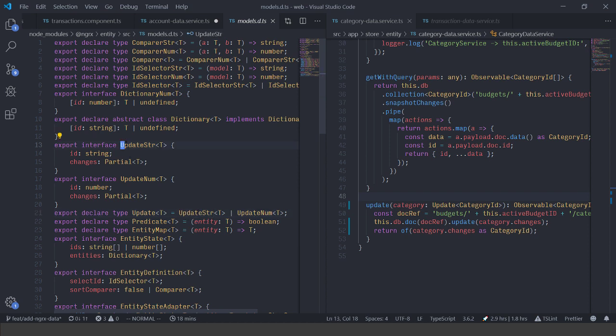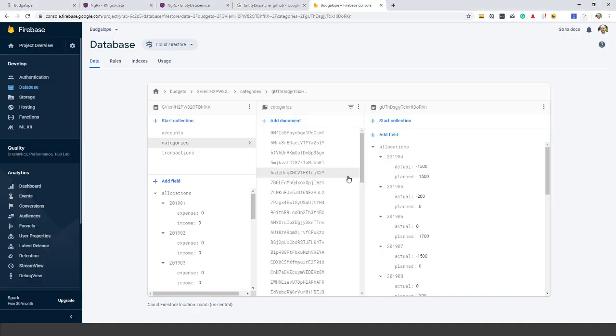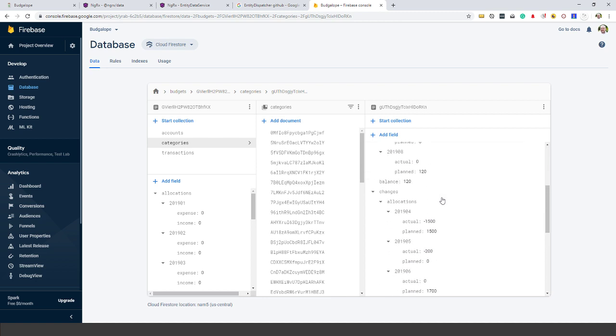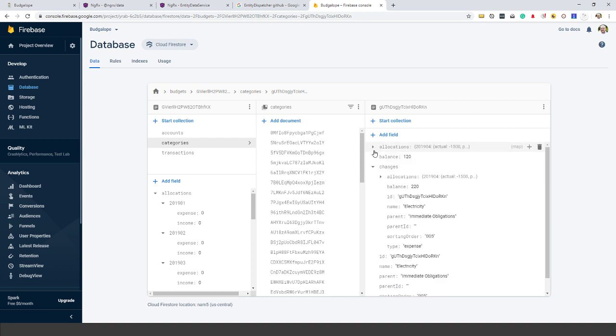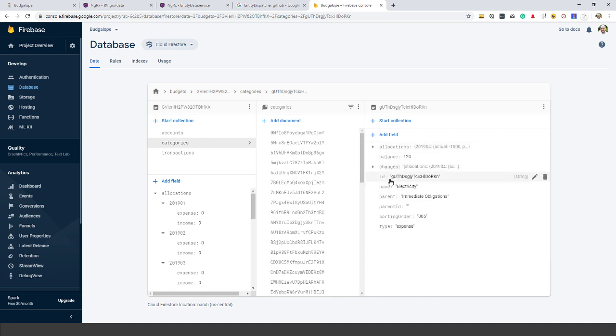If you go to that one, you see it is an ID and changes, which is a partial of that one. So I went and looked at one of the categories that we're trying to update, and I saw that this thing is being rather cuckoo, because except for adding the ID, which is okay, it actually